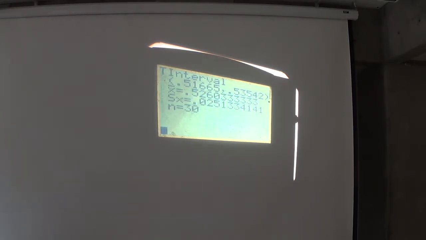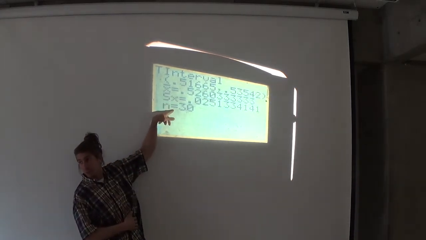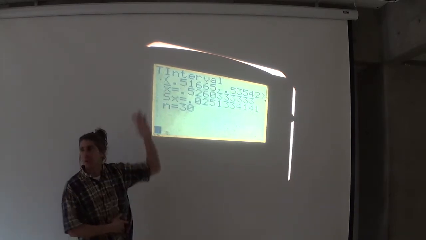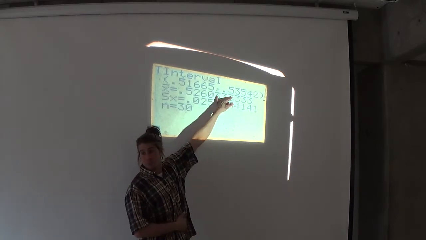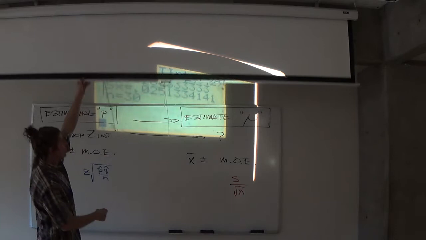But there's your sample standard deviation in case you need it. There's your sample average in case you need it. And your sample size in case. So you get one of our stats for free. But the most important thing is that you get this. That's the most important thing, is you actually get the interval you're looking for. Which means you're allowed,